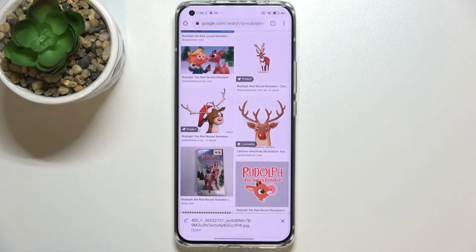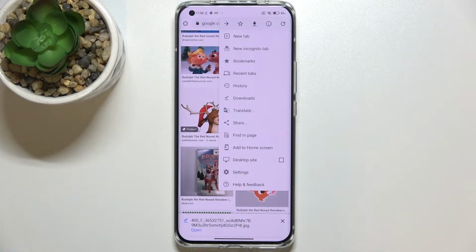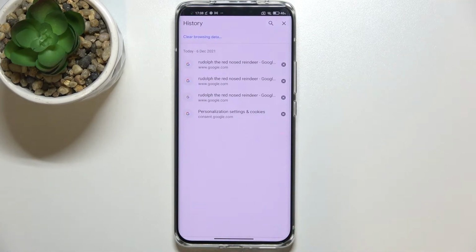So first of all, let's open your browser, and in my case it will be Google Chrome, and here all we have to do is to simply tap on the three dots icon in the right upper corner. Now let's enter the history, and as you can see here we've got the full list of all previously visited